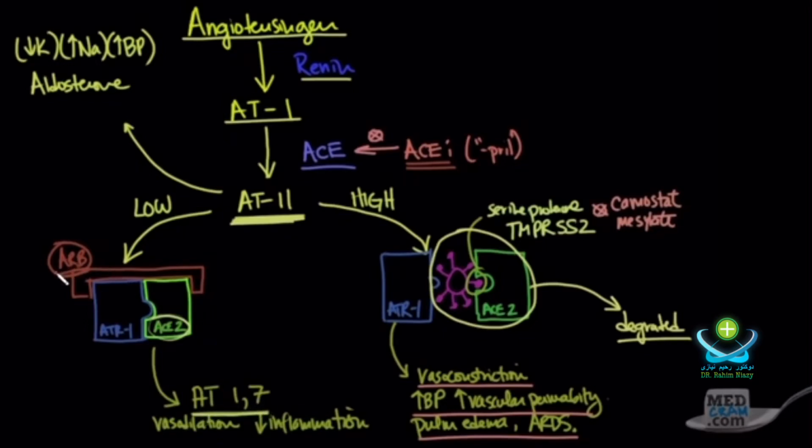Also, it looks as though ARBs, or angiotensin receptor blockers, can somehow keep this complex together and keep that catalytic site blocked by the resident ATR, or angiotensin receptor. And that can happen with angiotensin receptor blockers. If it's high, however, this dissociation occurs, allowing the virus to potentially bind, according to the hypothesis, and that causes